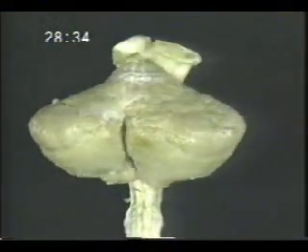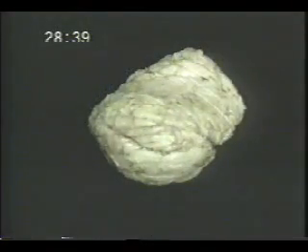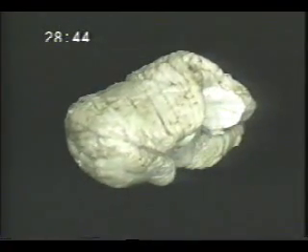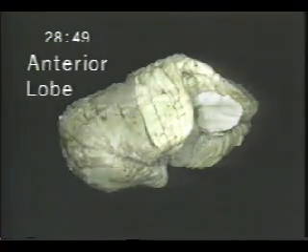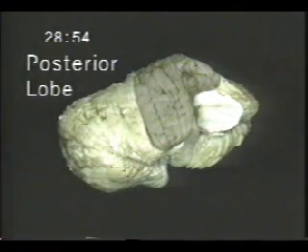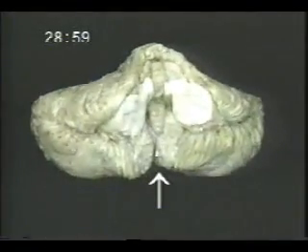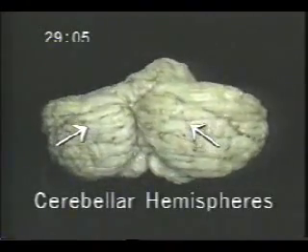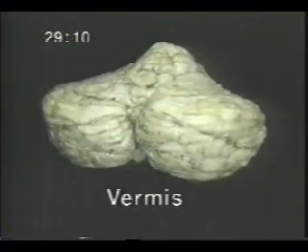To see the cerebellum better, we'll look at it by itself. The surface of the cerebellum is marked by many parallel fissures, some deeper than others. This deep primary fissure divides the cerebellum into a small anterior lobe and a large posterior lobe. A deep groove on the underside partially divides the cerebellum into two hemispheres. These are joined by this midline mass, the vermis, which extends all the way around from the top